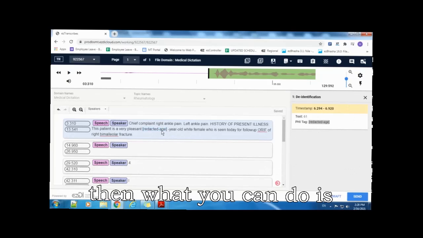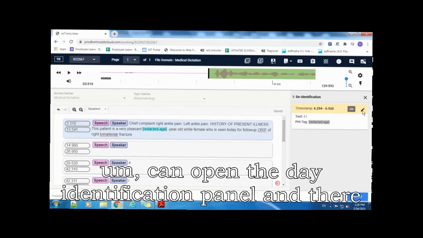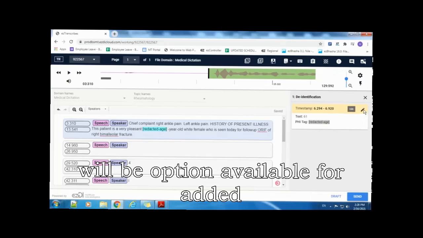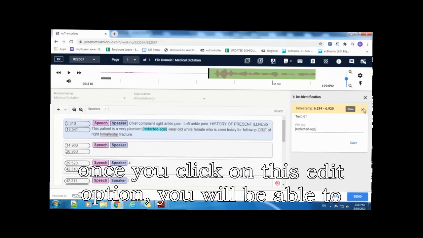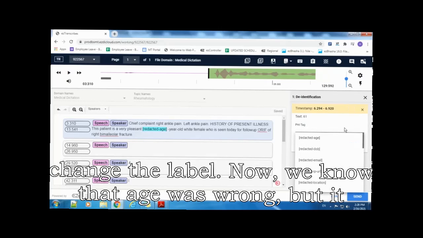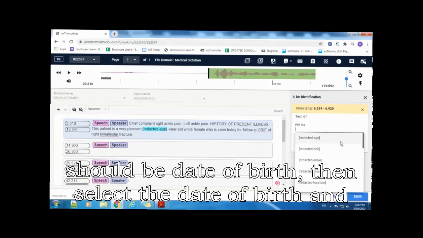Then what you can do is you can open the de-identification panel and there will be an option available for edit. Once you click on this edit option, you will be able to change the label. Now we know that age was wrong, but it should be date of birth. Then select the date of birth and save it.